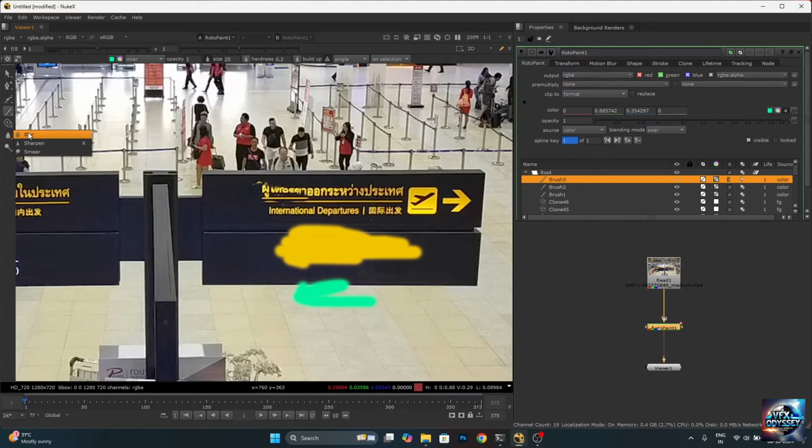Similarly, we have the blur tool here, which allows you to blur any area. You can adjust the amount of blur using the opacity here. Like if I just blur it here, I will reduce the opacity to 0.1, let's say, and then